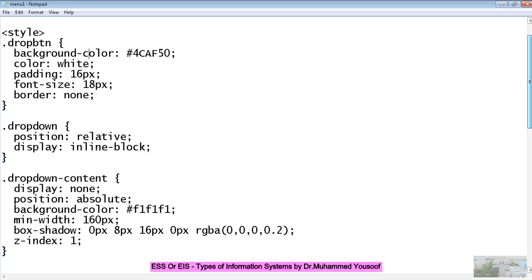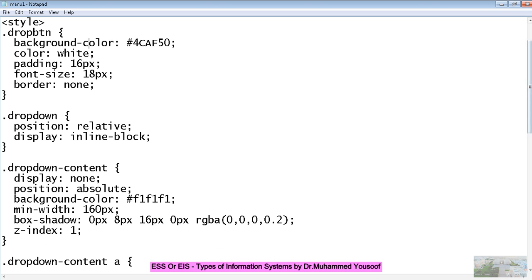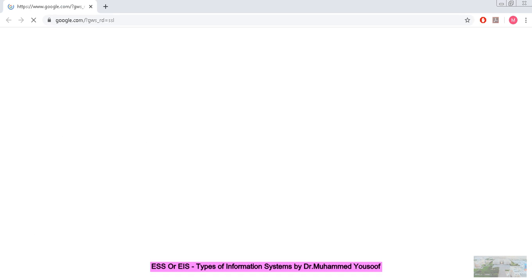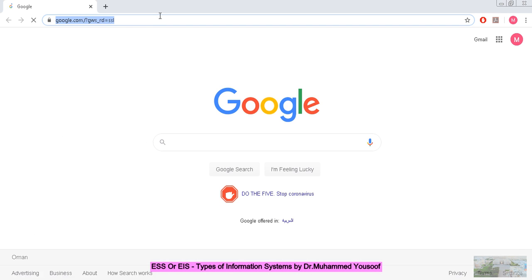Similarly, the content. You know what content is in the menu? You have many items. For example, if you open the Dhofar University website, I am just showing you the idea to make it clear for you. Then you can visualize what I am trying to explain. So I am trying to open the Dhofar University website. Just a minute. I hope it's getting open. Yeah, it's opening. So I am typing